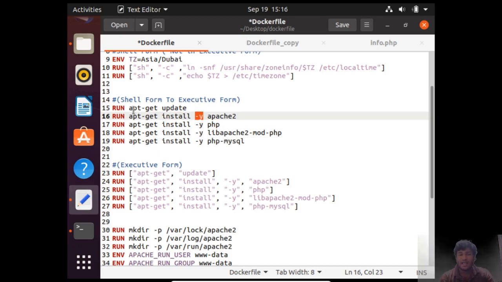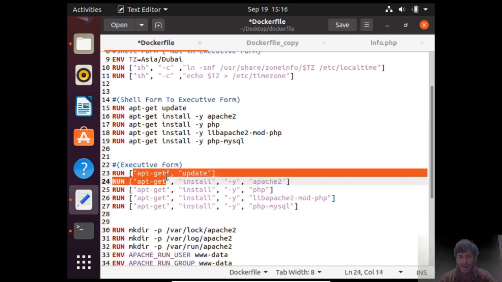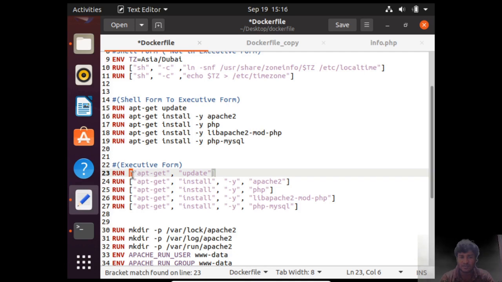Again, if you see over here, what you need to do is put the command in the first quotes. The exec form starts with a square brace and ends with a square brace, and in between we have commands in double quotes separated by commas. So apt-get in one set of double quotes, then update in a second set. In a similar way, all the words over here will be depicted in different double quotes separated by commas.